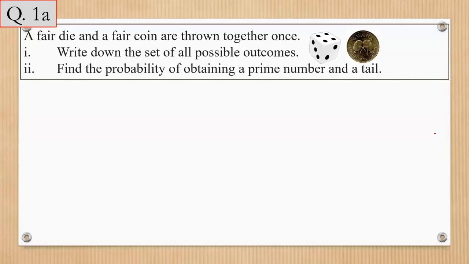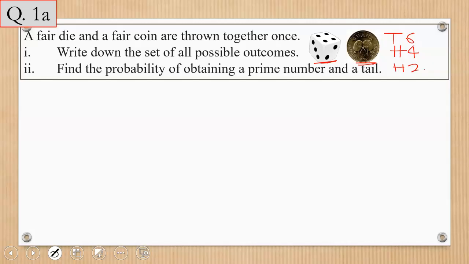Okay, so what we are trying to do here is we have a die and a coin tossed once. When we toss a die and a coin at the same time, you could get your coin coming as head and your die coming as, let's say, 4. Or you can have your coin coming as head and the die can come as 2. Or you can have your coin coming as tail and die coming as 6. So this can be